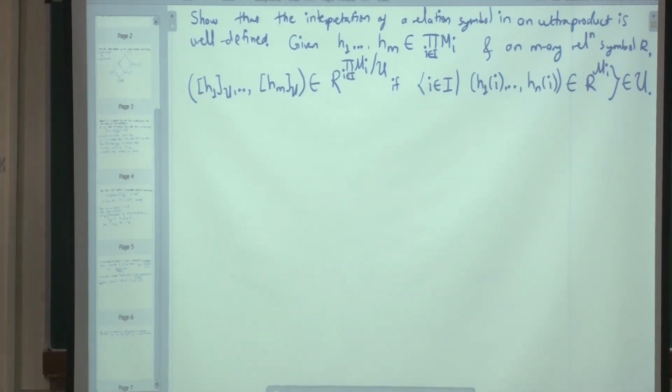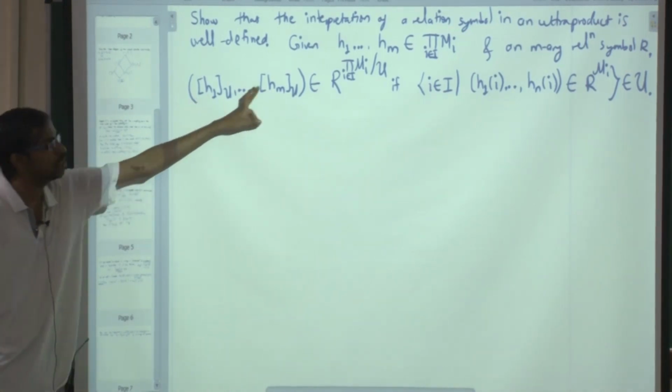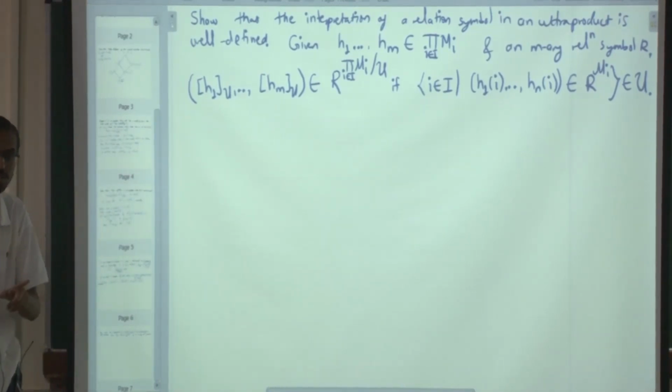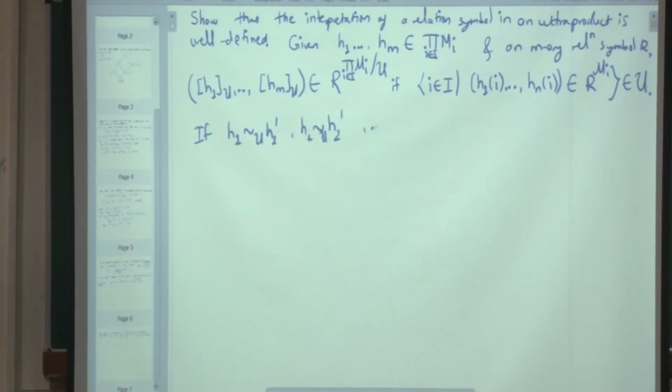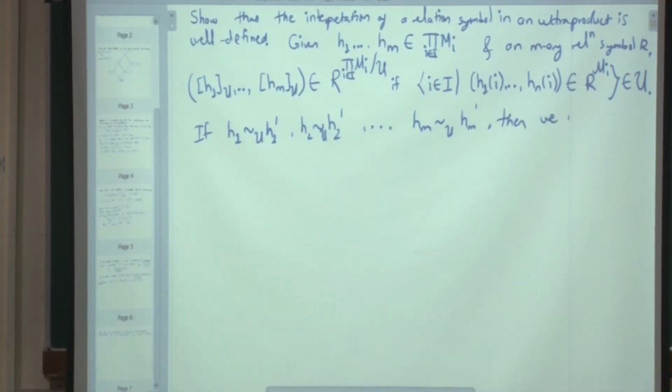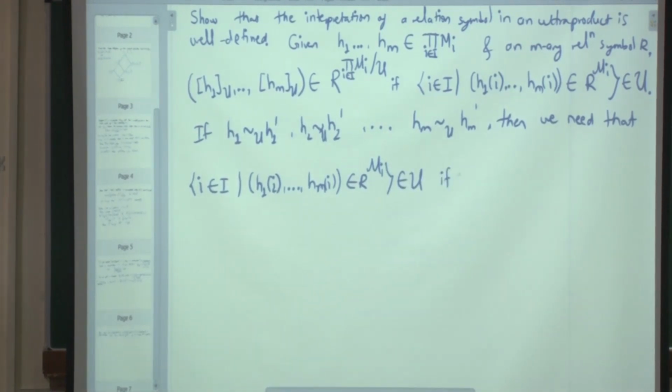So tell me how to show that this is well defined. What is the meaning of being well defined? This is a tuple of equivalence classes of choice functions. So if h1 is U equivalent to h1 prime, h2 is U equivalent to h2 prime and so on, hm is U equivalent to hm prime, then we need that the set of indices where the tuple h1i up to hmi belongs to the interpretation RMi belongs to U if and only if